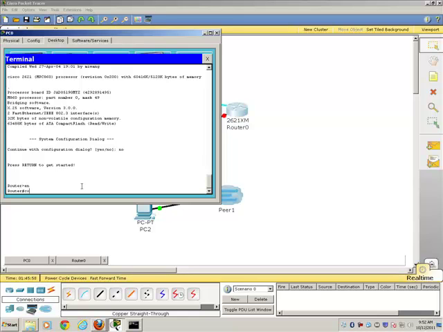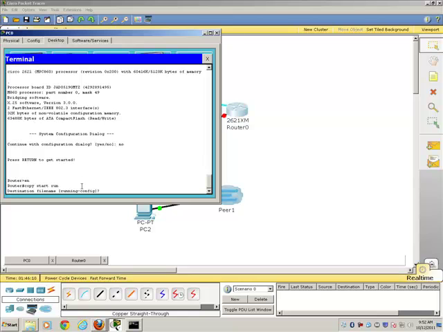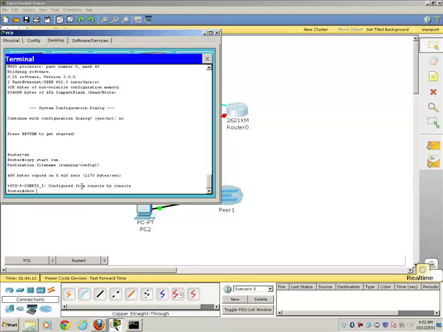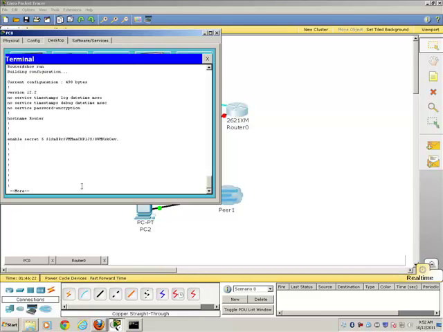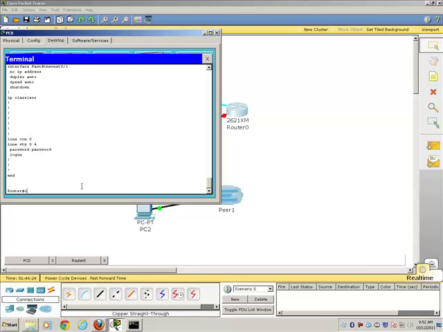Okay, now I can copy start run, copy the startup configuration file into the running config, because I didn't have anything in the running config or in the startup config, so I don't have anything in the running config now. Show run, and there's that really cool hash for the password that he put in. So how are we going to make that go away? We'll just go down here and go in config